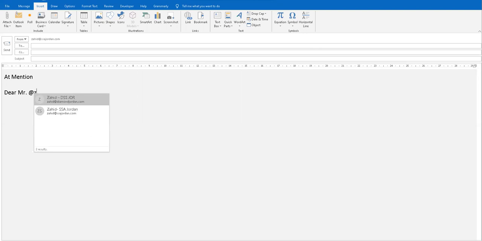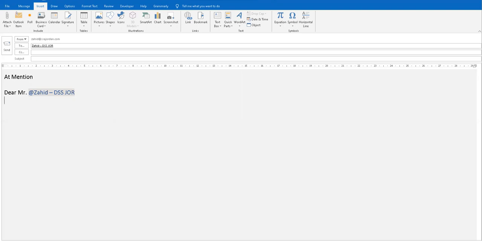So when I type a distinct name, whatever email addresses start with it in my Outlook, it will automatically give me the filtered list. So I just click one of my email addresses. When I click it over here, you will see that it will go into the To tab. So this is very interesting.